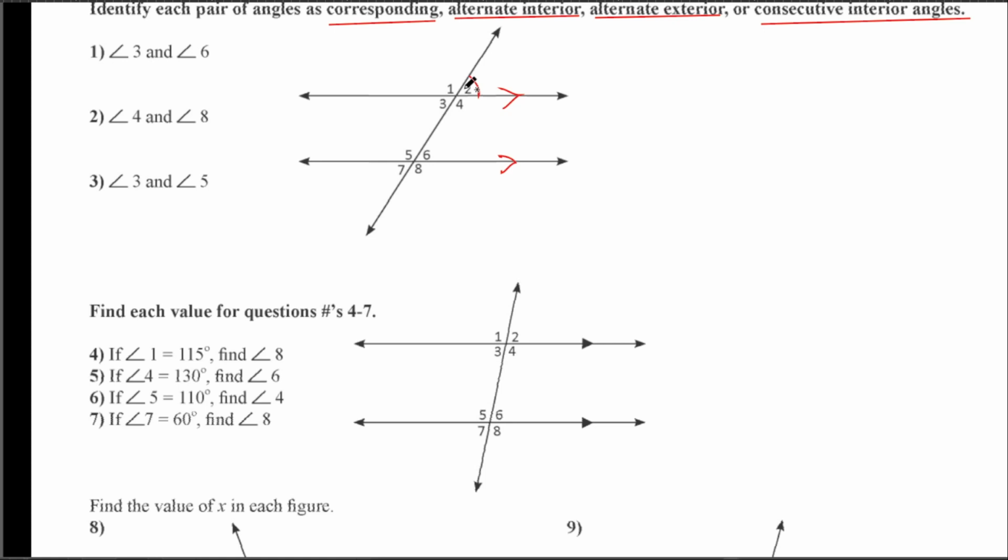Is the obtuse angle equal to the acute angle? No, that'd be impossible. That defies the definition, right? Because obtuse is more than 90, acute is less than 90. You can't have an obtuse and an acute actually equal each other. So with that said, let's come down here